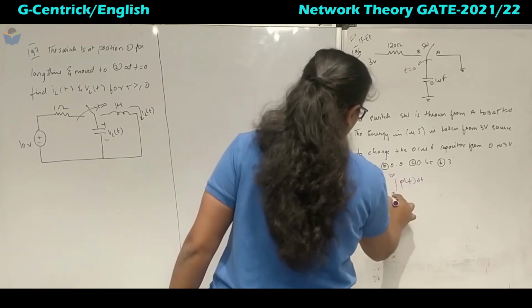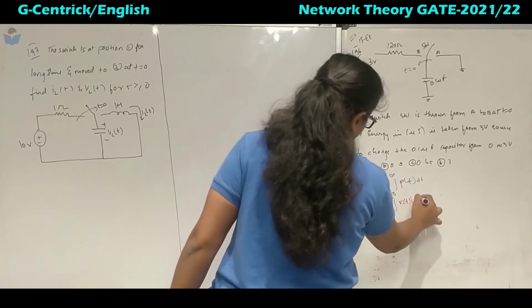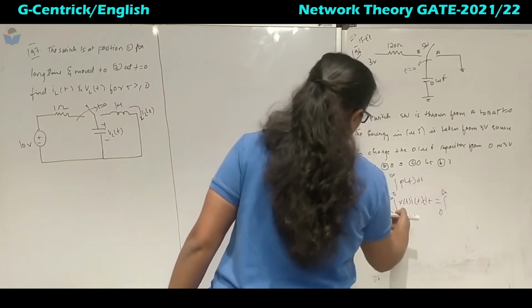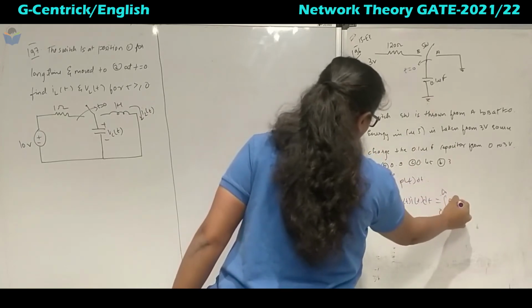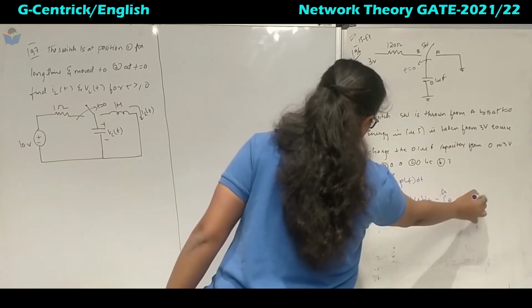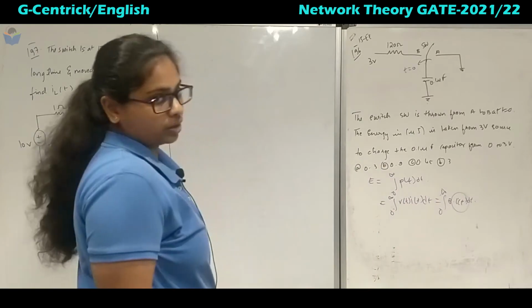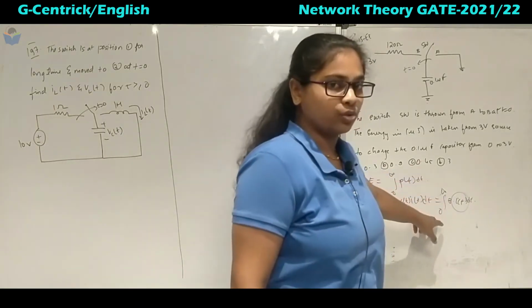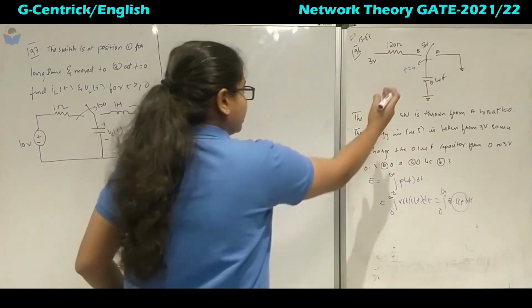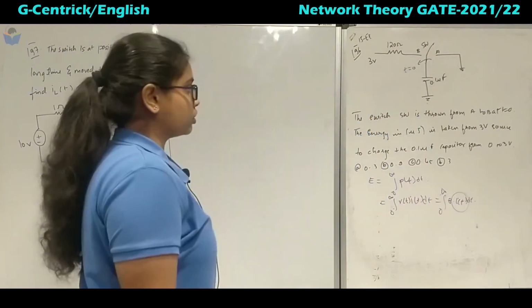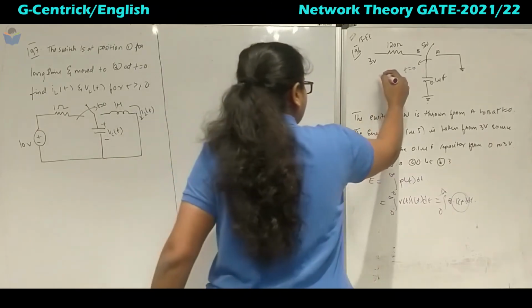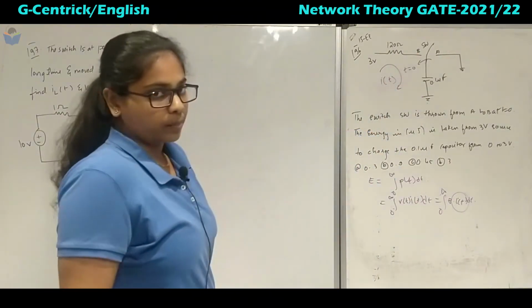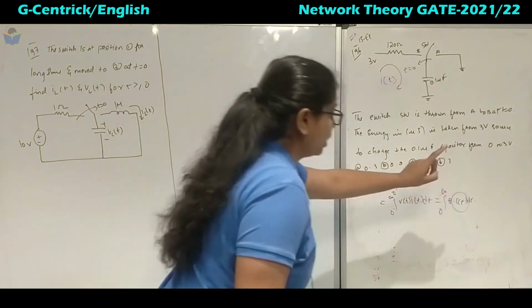And this can be written as V of t, I of t into dt, which further can be written as, this voltage is given at steady state, 3 into I of t dt. So we need to find this value of I of t. This is at steady state, we have to find that value. At steady state, the switch will be in B position. So that means this current I of t we have to find, and for that we have to analyze I of t.